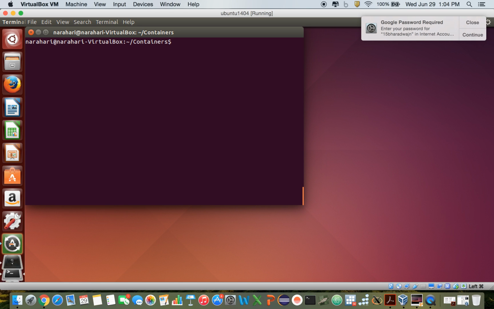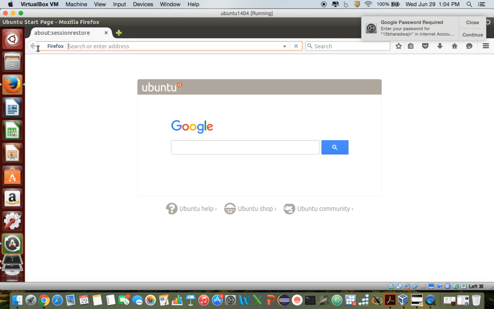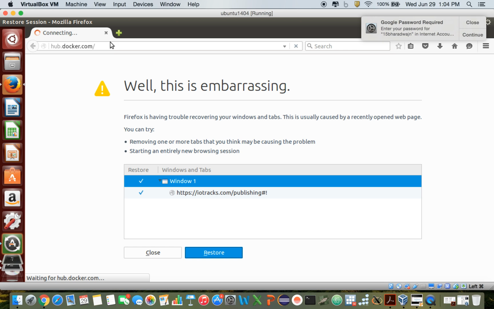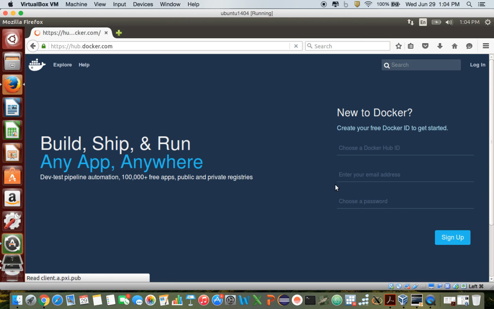So other than that, what you want to do is you want to go ahead and create a Docker Hub repository, or a Docker Hub account if you haven't done so yet. So you can contribute to the iotracks repository. And so you could just do that by going to hub.docker.com. And then you can create an account using the Docker Hub. So once you already have access to that, you can email iotracks. The email address to contact is on the online tutorial. You can request access to the iotracks developer program, and then you will be able to push to the official